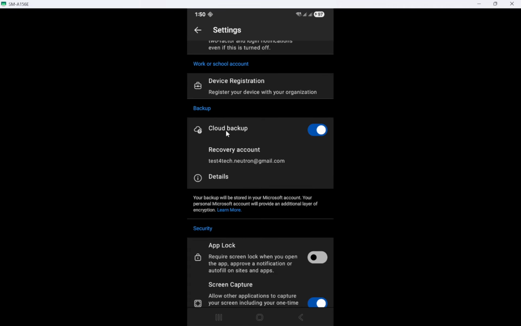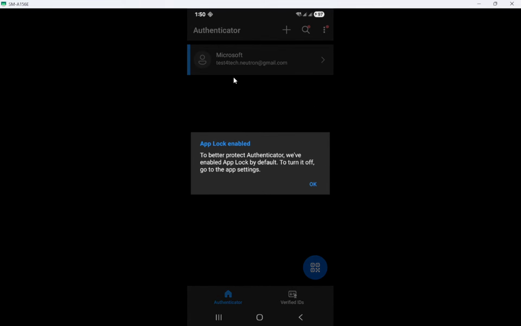A few important notes to keep in mind. Backup must have been turned on before you lost access to the old phone. The app can't recreate a backup after the fact. You must use the same Microsoft account you used when enabling backup, or the app won't find your data. And if a backup was overwritten or is missing, older versions are usually not recoverable.